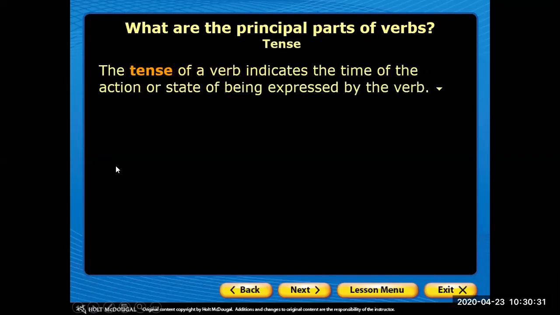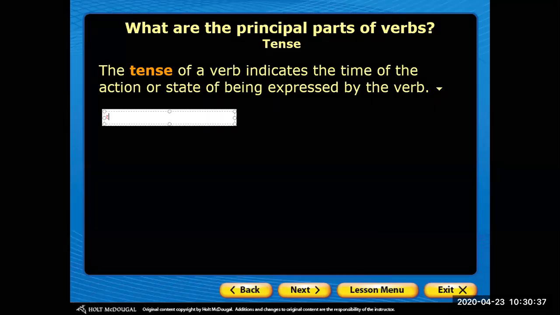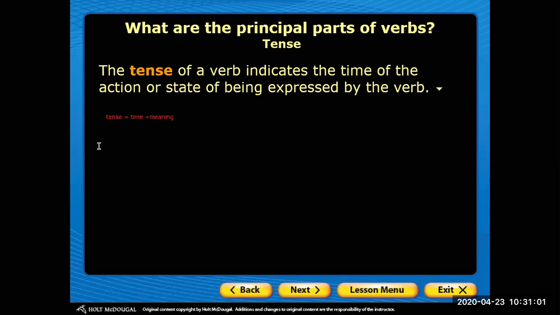When we talk about tense, we're talking about time plus meaning. You have to be careful. In what way? Does the tense give us the time of the action? Yes. Does it give an extra meaning? Yes. For example, if I say,